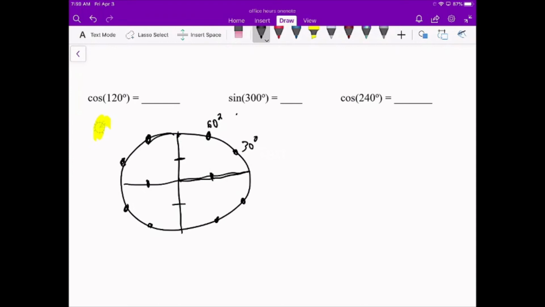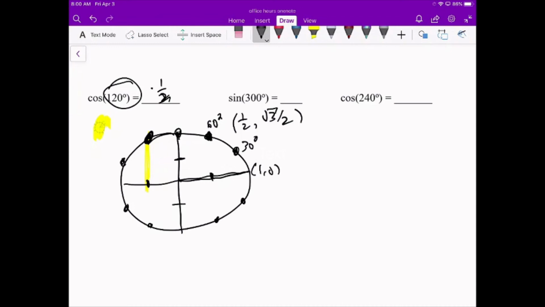Also, I might want to remind myself that the x-coordinate for this is 1/2, right? And the y-coordinate for this point is the root 3 over 2. Those you have to memorize, the 1/2 and the root. Well, the 1/2 you can just look at it. The root 3 over 2 you have to memorize. And now we're all set. So cosine of 120 degrees, 30, 60, 90, 120 is right here. Cosine ratio is the x-coordinate, which is going to be a half, but negative,